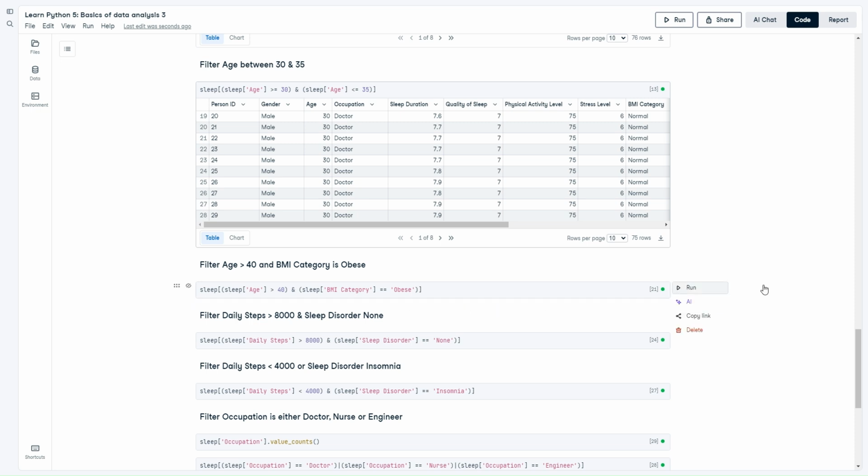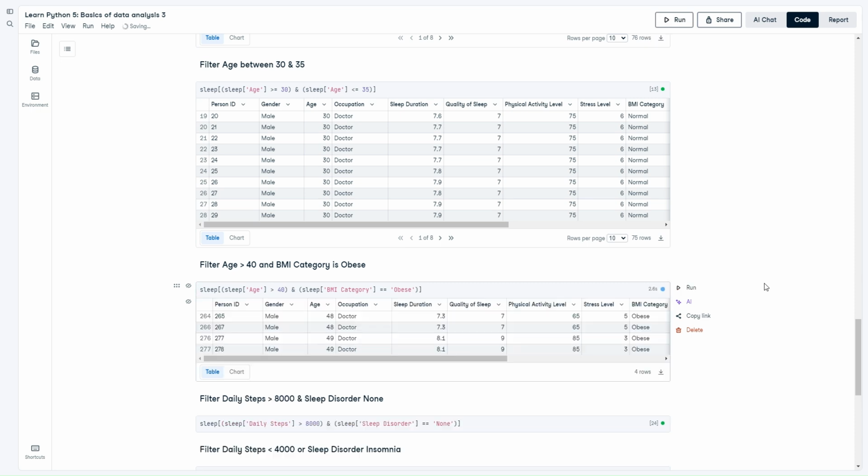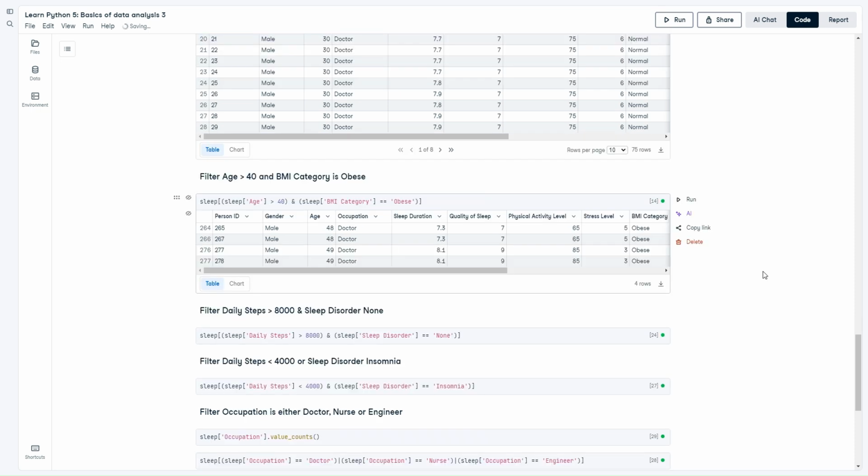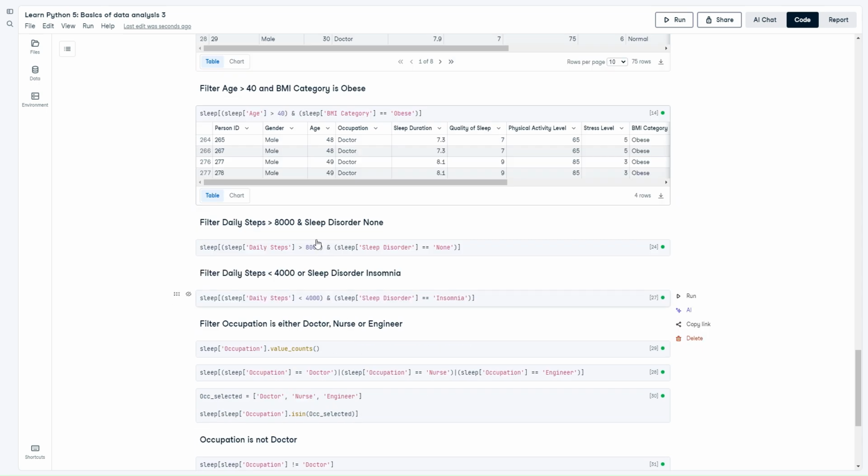So if we apply this filter and we run this code, we have only four records where age is greater than 40 and the BMI category is obese. Now the next